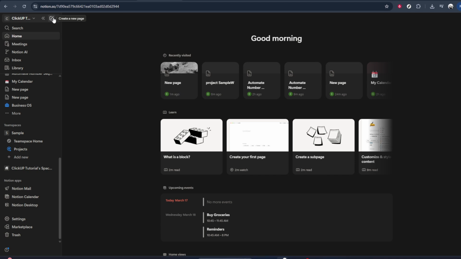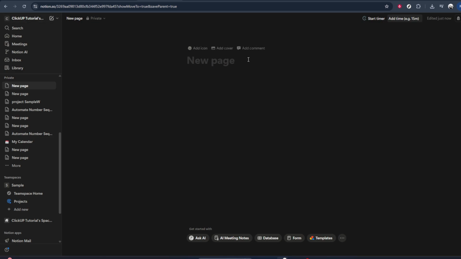First, open the Notion page where you want to update the cover. At the very top of the page, you should see the existing cover image. When you hover your mouse over it, a small button labeled Change Cover will appear. Click on that. This opens the cover menu, where you can choose from Notion's built-in photos, solid colors, or upload